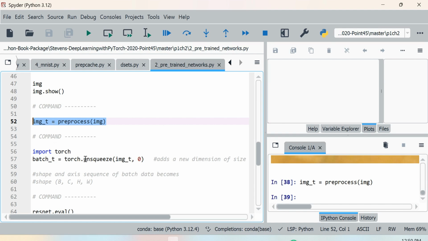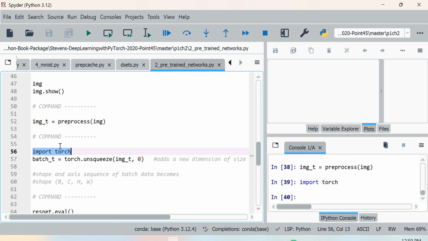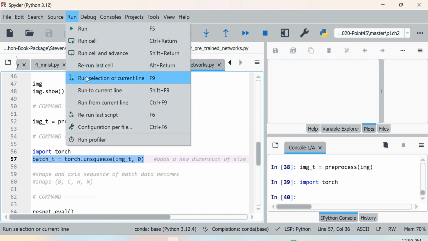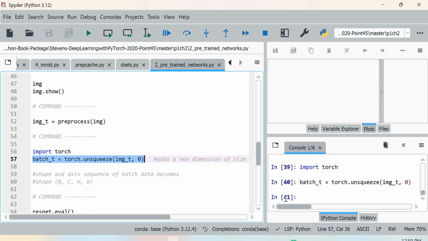Then we use an unsqueeze function. Next we import torch, and we transform the shape of this data using unsqueeze. We add a new dimension. This is for the batch. Although this is only one image, there must be a dimension for the batch. So now we can show, for example,